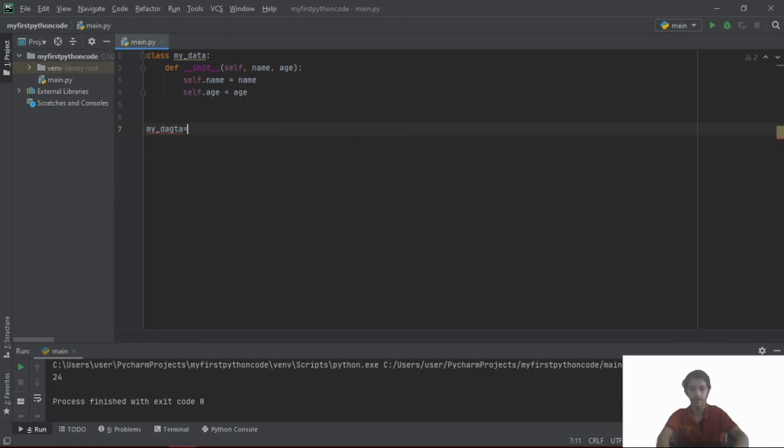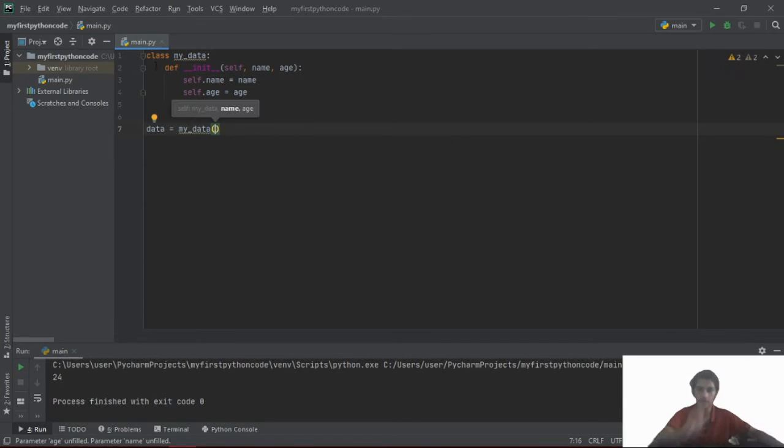This is bad code. What we do is create variables and call our classes inside of them just like objects, and this is an object. So let me say data equals my_data